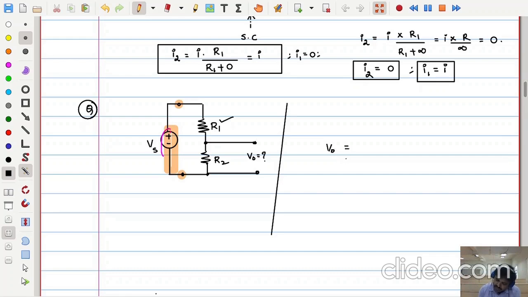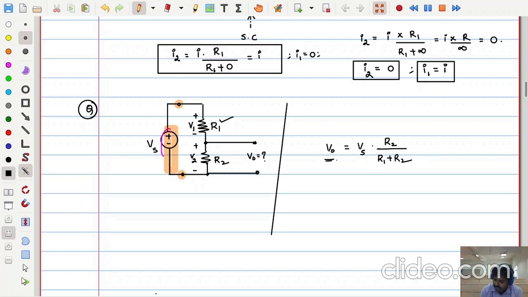V0 is equal to the total Vs in the generating station. So in the intermediate stage, here it may distribute as V1, here it may distribute as V2. Now V2 is equal to V0, that's what we are writing, the voltage division rule. So can I write this as V0 times R2 divided by R1 plus R2, clear?